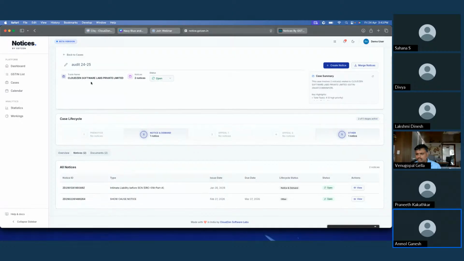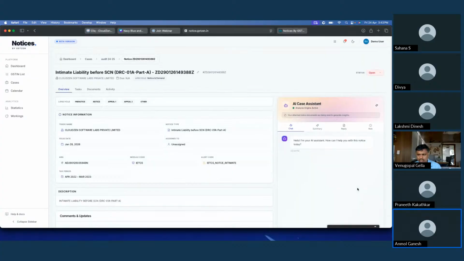Let us switch to the notices under the particular case. Here we have the list of notices for the particular case. Let's say we want to view the details about a particular notice. We can click on the view button. Here we have the proper notice detail page, with the overview of the notice detail and also the life cycle.